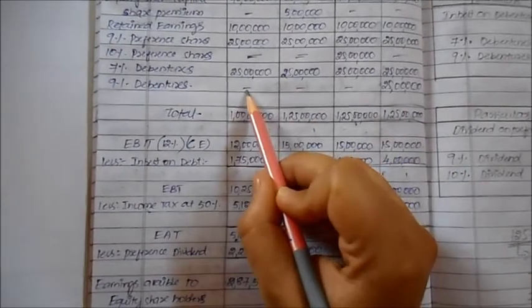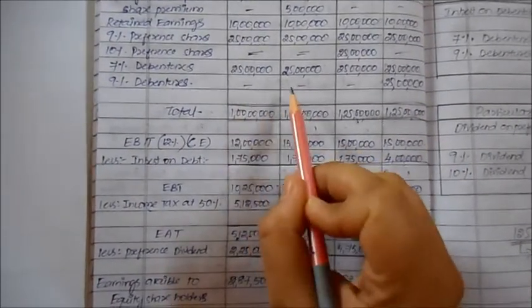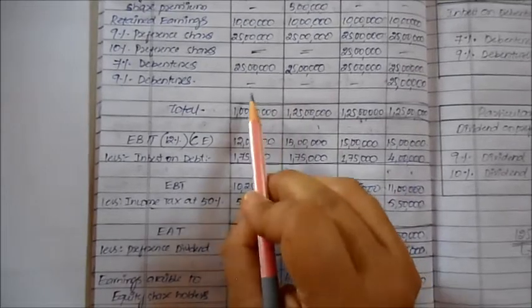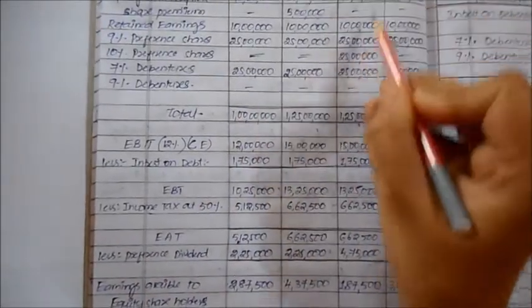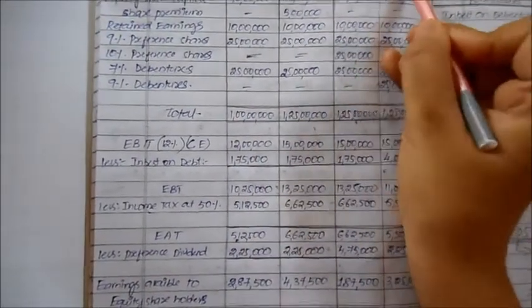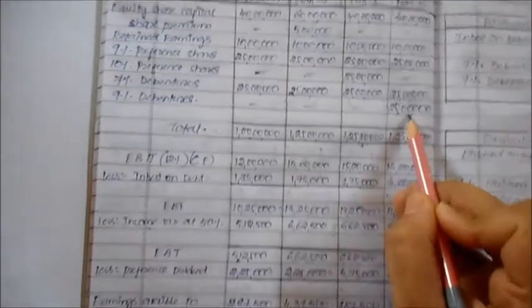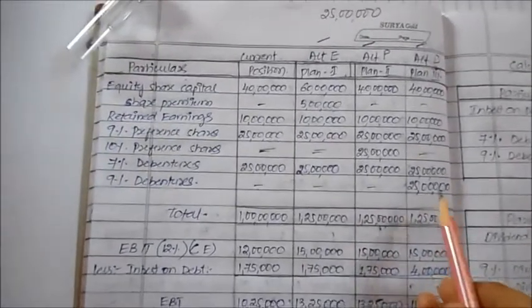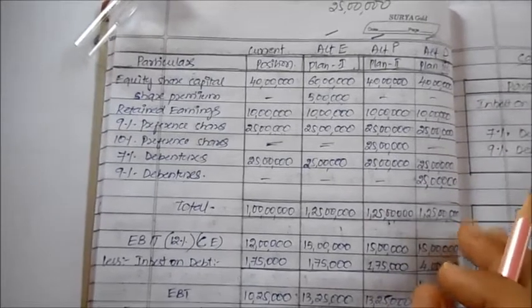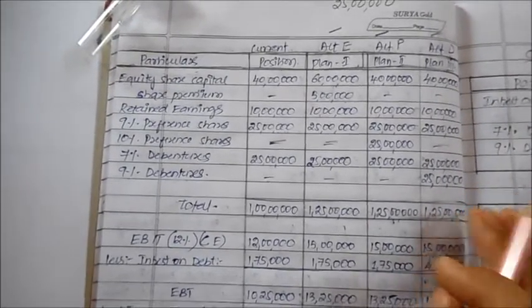That is why the others are blank. Okay, for simple reasons. I hope it's clear. We are raising in the form of additional preference shares, so it is here. Additional debentures, so it is only here. So once you make this particular table ready, it will become much easier for you to find